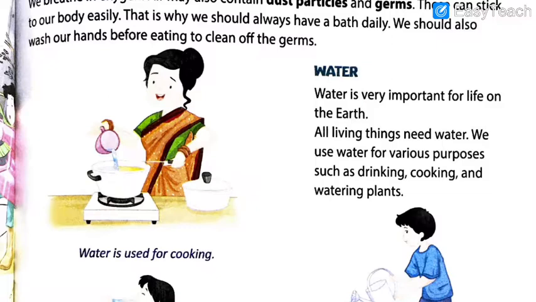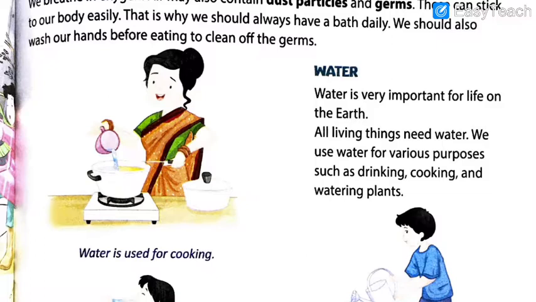So this is what was written here, and I hope by looking at this image it is very clear in your mind that when you look at your hands it looks like this, but actually it is like this if you look from the microscope. So wash your hands, it is a good habit, especially before eating, otherwise you will put the germs inside your stomach along with the food.